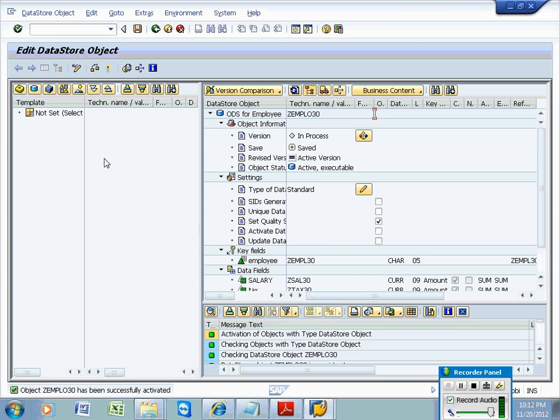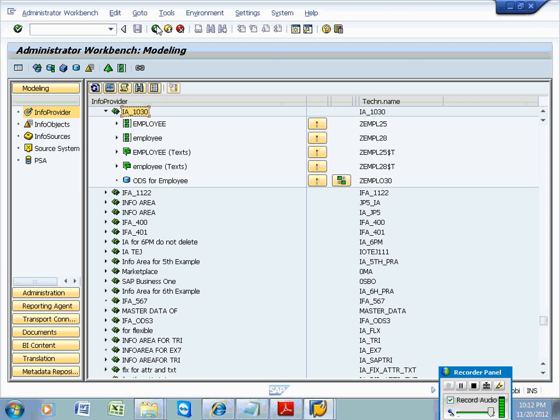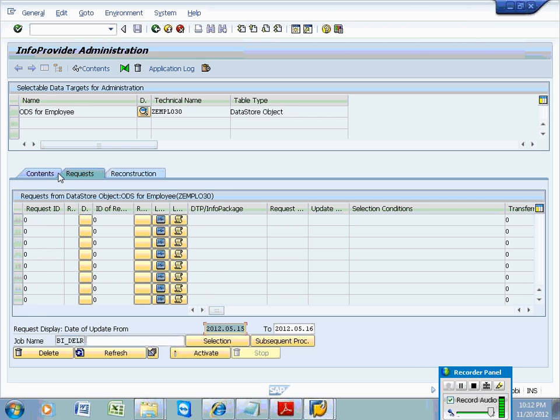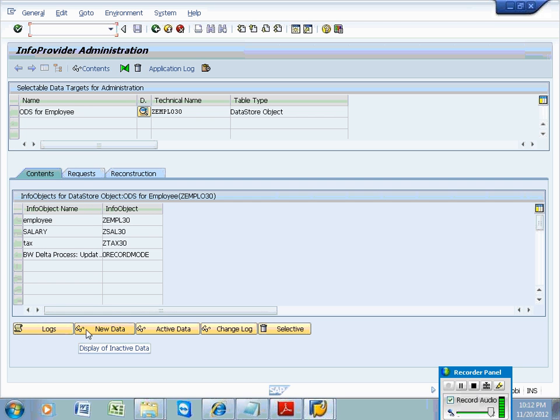Now you have activated the ODS object. Now the ODS object contains how many tables? Three tables. Now go to manage for the ODS and you can see three tables: new data table, active data table and change log table.